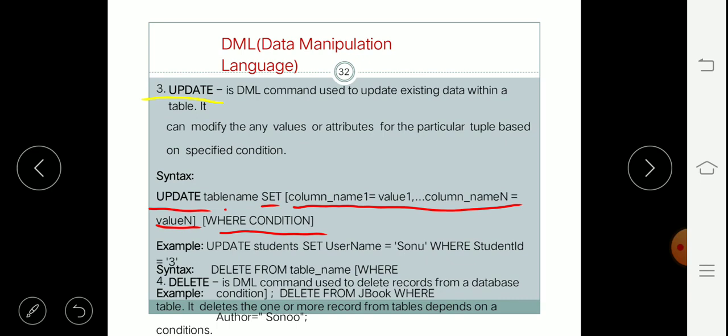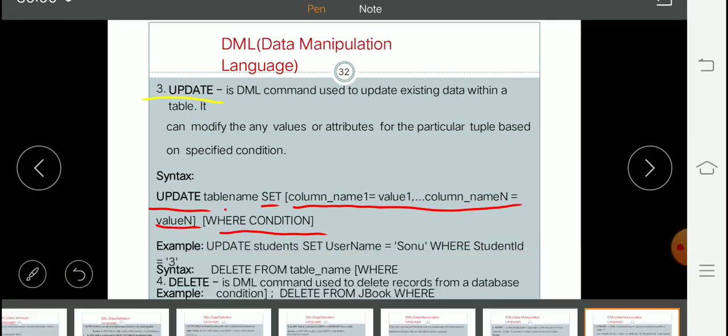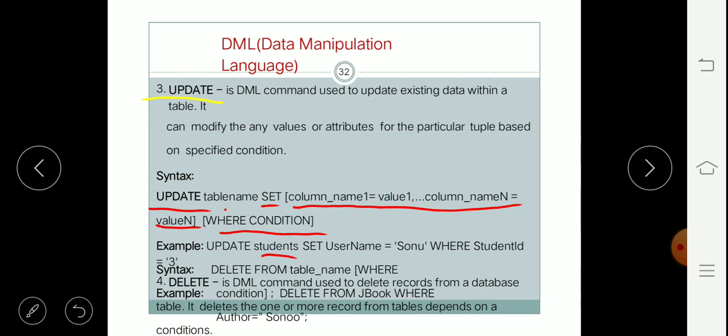Now for example, if we want to update the username of the student whose ID is 3, for that scenario we'll write this query: update students. Here students is a table. Now what we have to update?